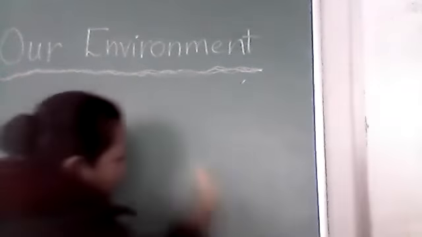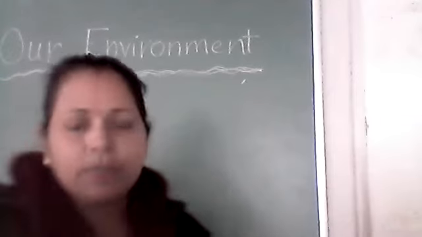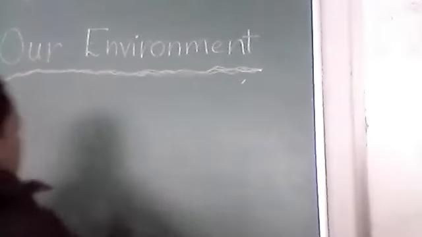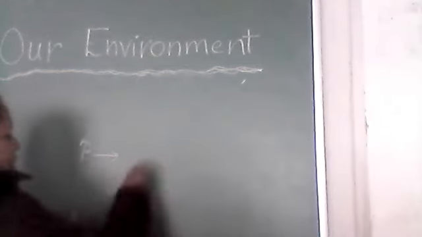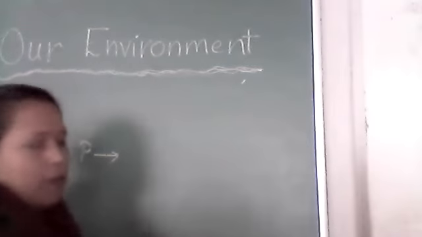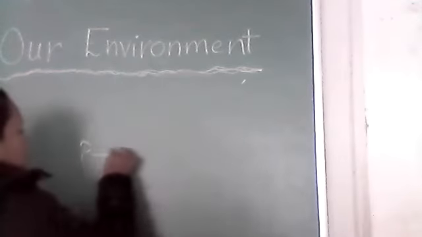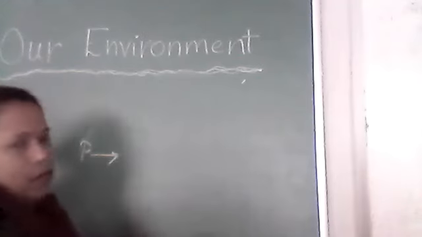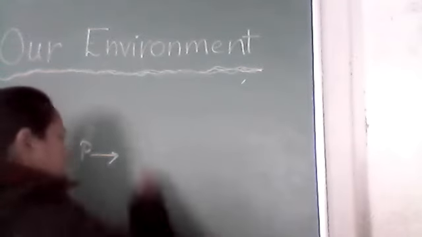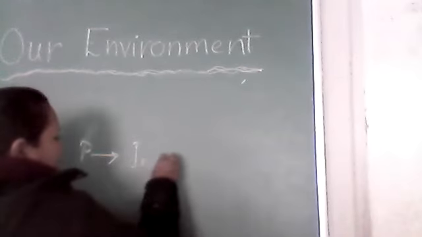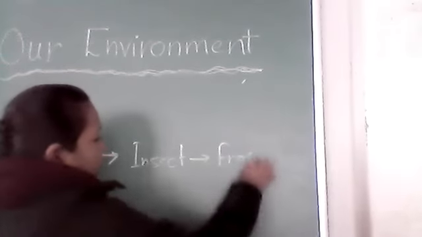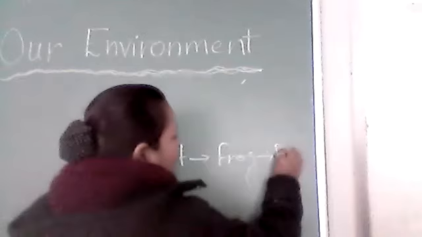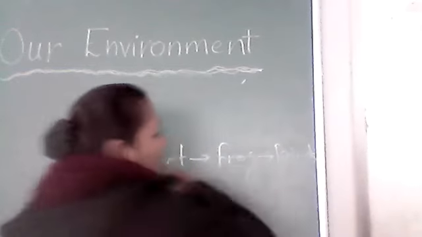See the question. क्वेश्चन देखो, अब हम तुम लोगों को एक क्वेश्चन देते हैं, ठीक है? See the question here. Producers are there, and here we are taking the example of the same producers that are consumed by, say, insects. Insects are eaten by the frog. ठीक है? And frogs are eaten by, say, birds. Okay, frog को birds खा रही हैं.